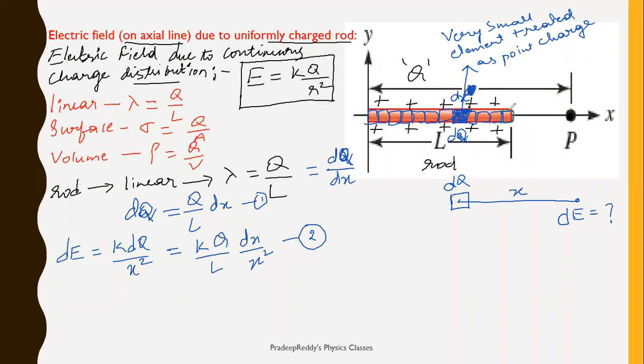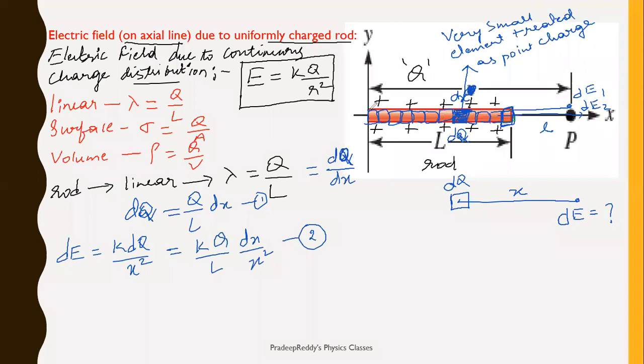Now, if I take this first element, because of this very small element there is some field at this position, which I consider as dE1. Because of the second element present here, the field will be in the same direction, and it will be dE2. The first element is at some particular distance, which I can take as l. Now the second element is slightly farther, so the distance is increasing. For the third element it increases, the fourth element increases, the fifth element increases.